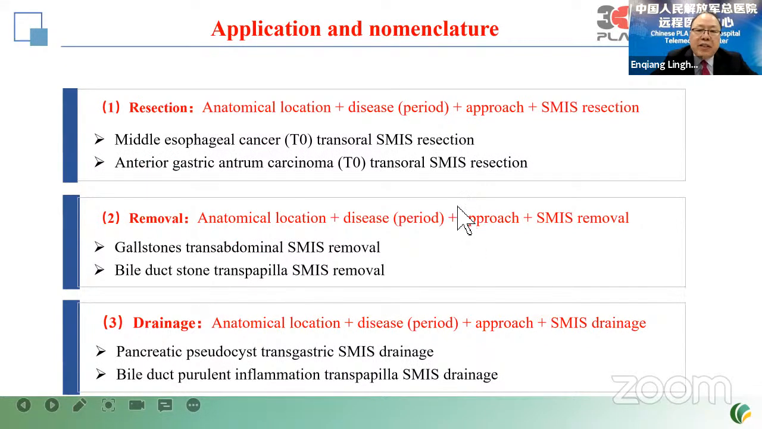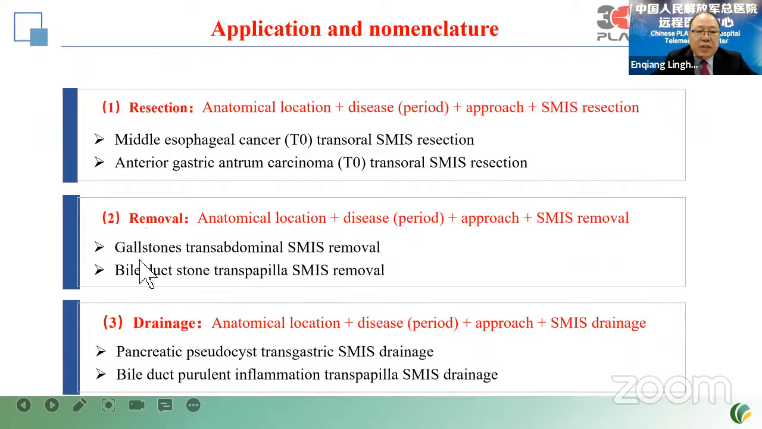How we call that is nominated. That is for resection: the lesion's anatomical location and the disease, plus the approach, and we call it plus same resection, such as middle esophageal cancer, transoral same resection. For removing this kind of lesion, that is anatomy, location, plus disease, plus approach, and same